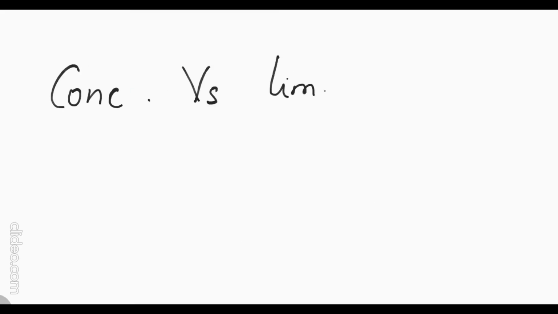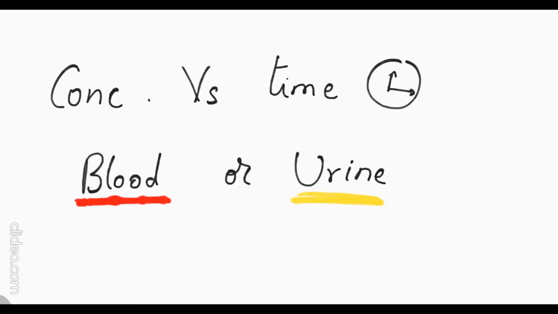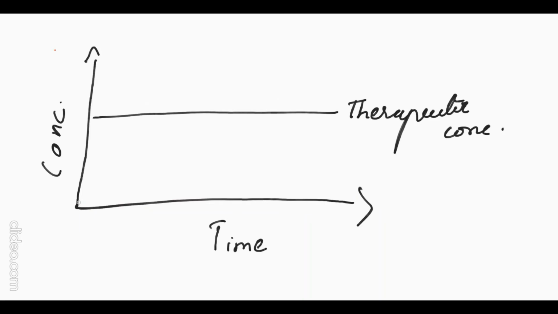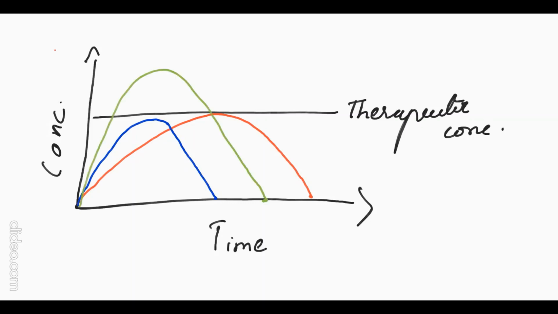Bioavailability can be determined by its concentration time curve, which can be either in blood or by its excretion in urine. Now let us consider a concentration versus time graph. First drug has a good rate of absorption, but it does not have the extent of absorption that it may provide a therapeutic efficacy. Now let us consider a second drug which has both less rate and extent of absorption. So this drug will not reach the required therapeutic concentration and will not produce effect. Now let us consider a drug C which has both a good rate of absorption and extent of absorption, which will produce a therapeutic reaction.